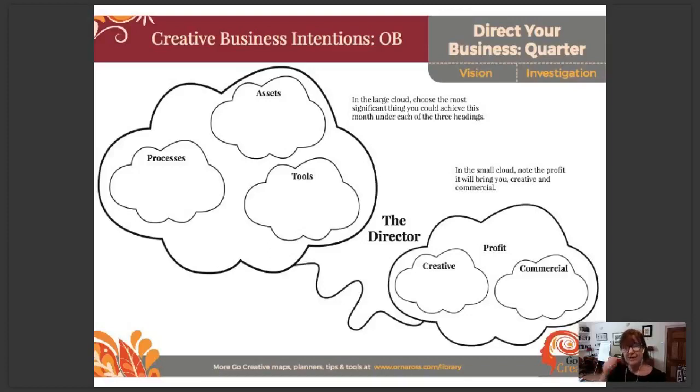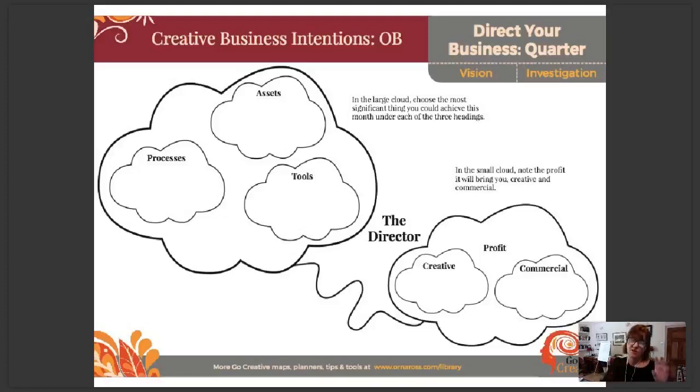So we really can't be in digital business without using some tools, and you may well have things that you're unendingly grateful to. Think about that, and think about your processes. And in each of the large clouds there, this is the quarterly sheet here, I want to ask you the question in each of these clouds, the one in the big cloud on the left-hand side: assets, processes, and tools.